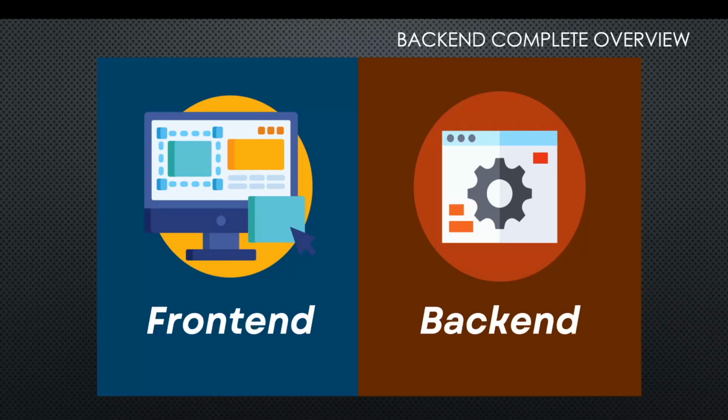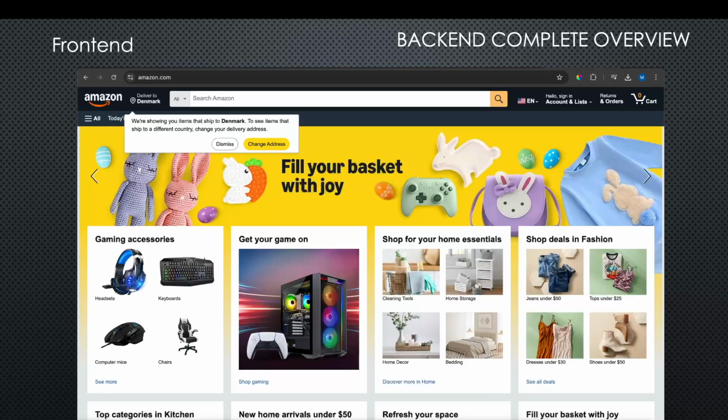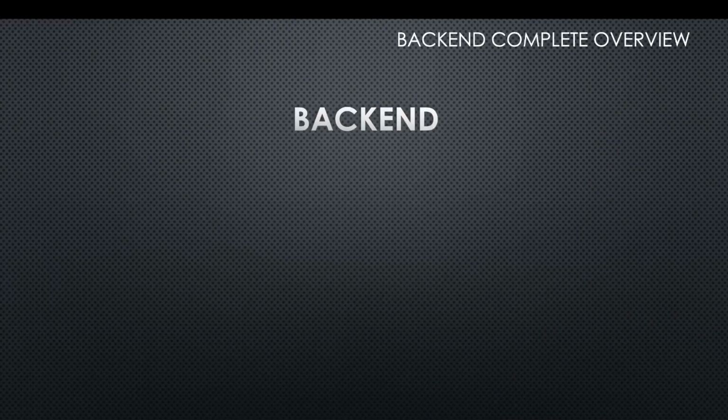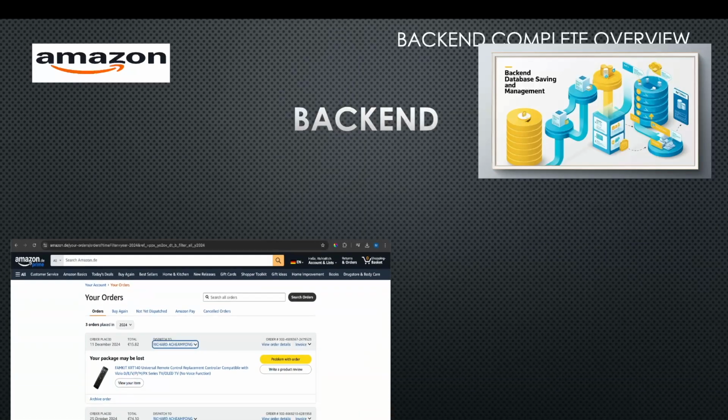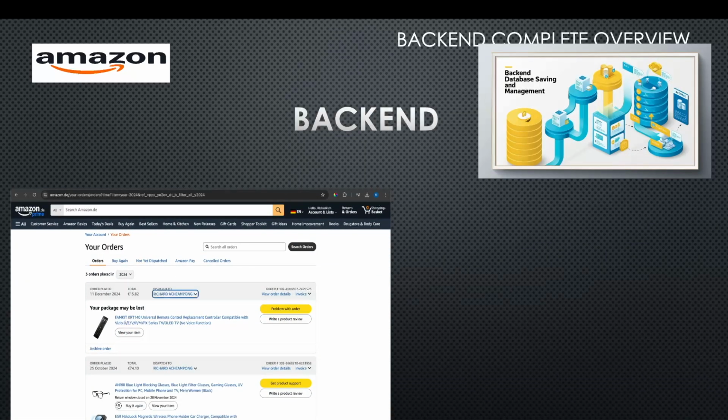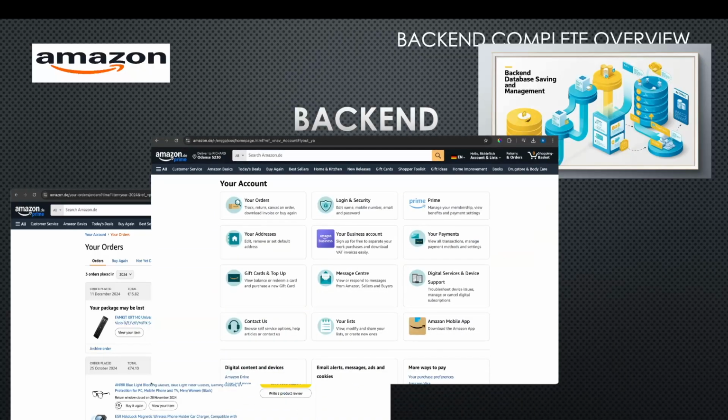Every website can be split up into two parts, the front end and the back end. The front end is what you see on your screen, like the pictures and buttons. And the back end is what saves and manages your data on the web page. For example, if you're on Amazon.com, the back end will store your order history, your profile, your search results,